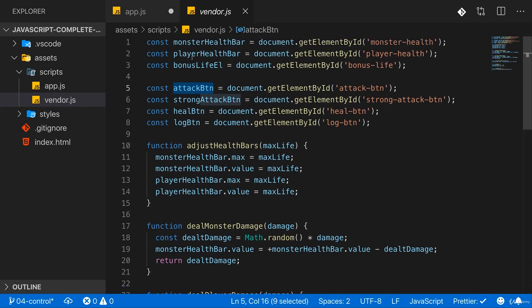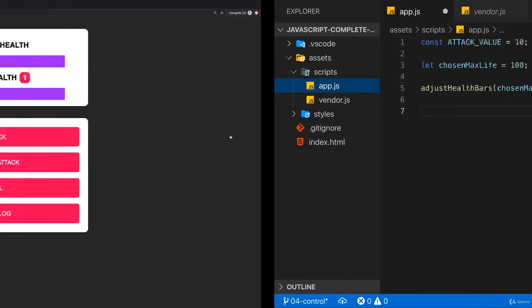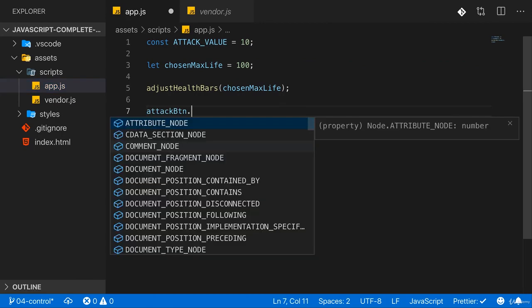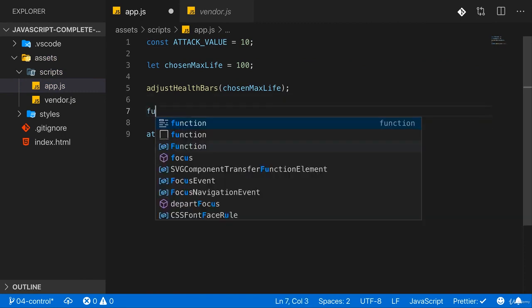By the way, these constants are not written in all caps because these don't hold hard-coded string or number values, but instead references to parts of our HTML code, so parts of our web page. And there, this is not such a global hard-coded value, but it's a bit more dynamic, even though it, of course, also won't change whilst the app is running. So we can refer to the attack button constant here, which is basically a reference to this button. And we can use this here to then also add an event listener here. And this event listener should listen to the click event and then fire a function, which I'll add here,